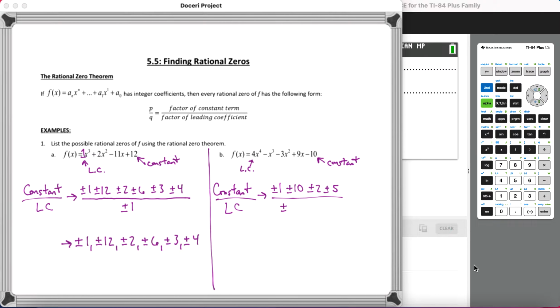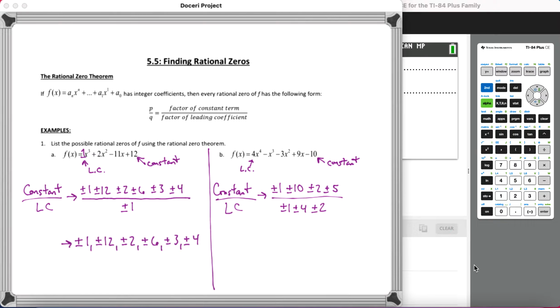There are a couple more factors with it, so you'd have 1 and 4, as well as 2 and 2. I only write the 2 once because writing it twice doesn't really do us any good. You end up dividing by 2 multiple times, you end up with the same set of answers, so why be redundant? Now, to simplify these, you have to take every number up top and divide it with every number at